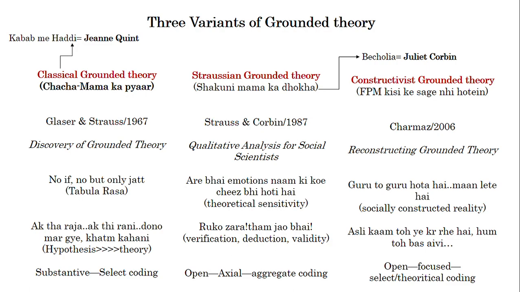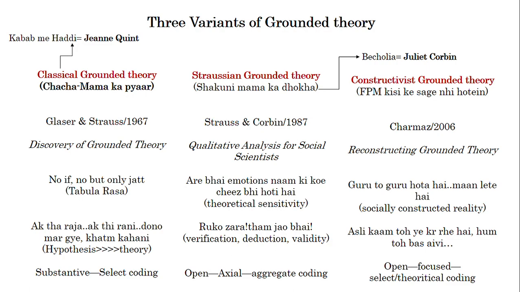So the main agenda of grounded theory, the main purpose, is to create or develop a theory. And that is how, if somebody asks you why you have used grounded theory and not any other method, in that case this could be one of your justifications: that the purpose of your study was to develop a theory, to develop an emergent model rather than to test a model. And that is why grounded theory is very much suitable for your study. There could be other assumptions, other arguments as well, but this would be the main argument, I believe.